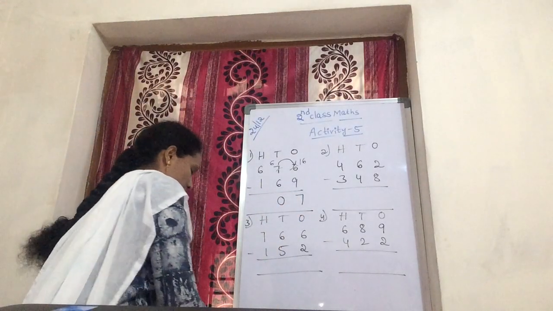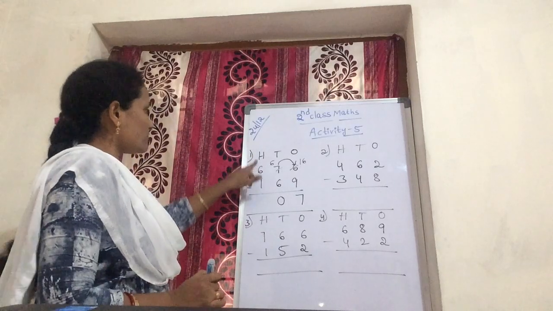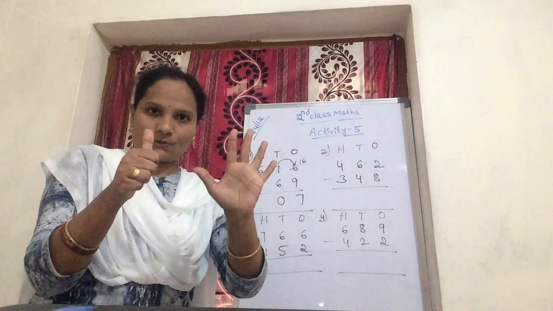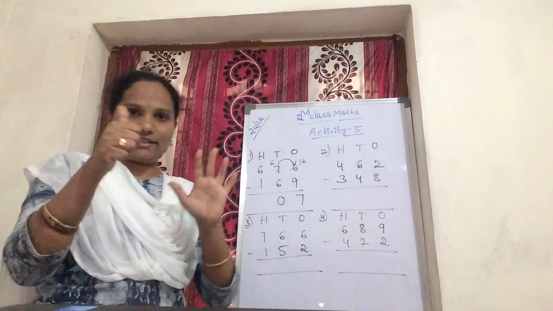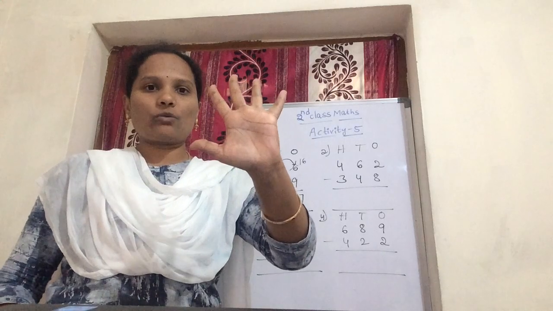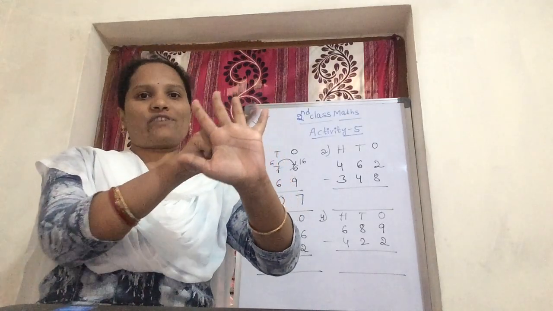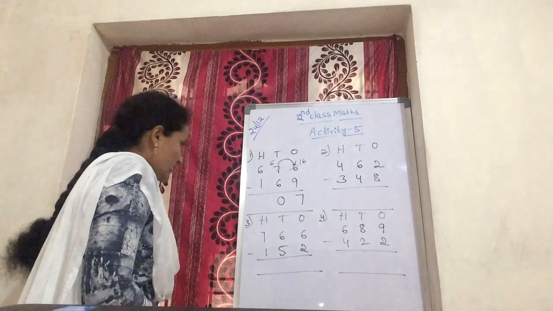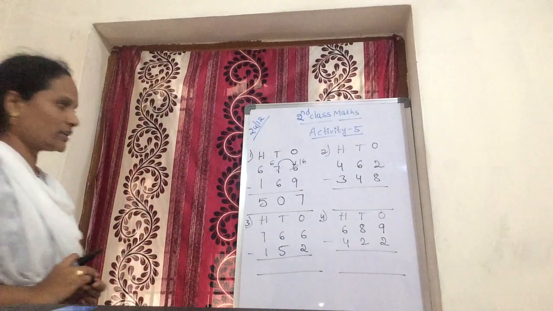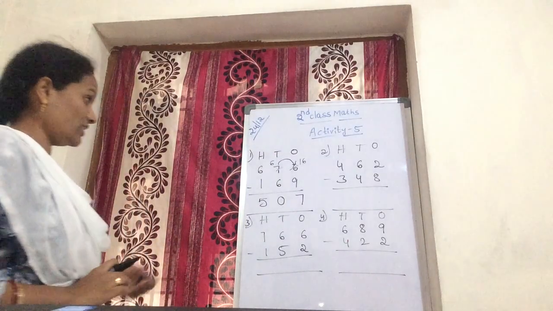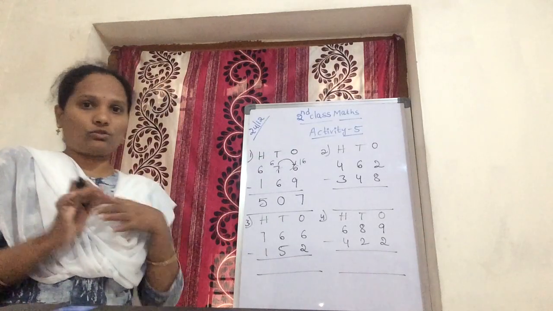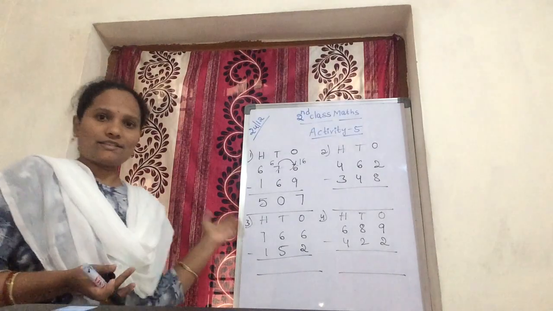Now coming to hundreds, Amma. In hundreds the first number is 6. So you are removing how much? 1. One is removing, meaning you are closing one finger. Still how many are open? 1, 2, 3, 4, 5. So what is your answer? 5. And that you write in hundreds. Simple. So don't fear borrowing problems. Don't bother, because it is a simple method.